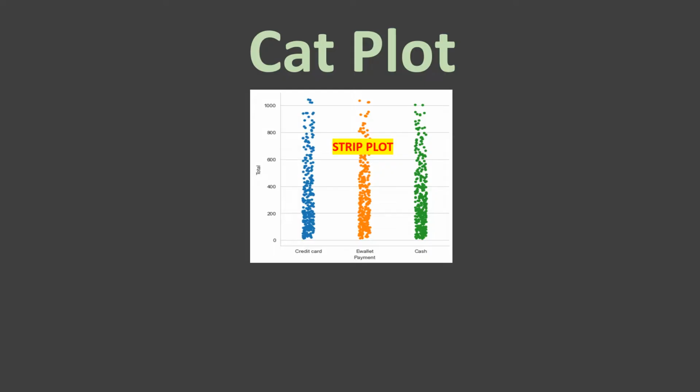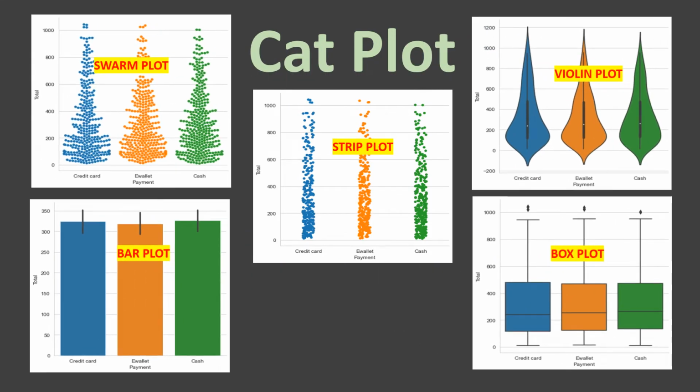When you draw a catplot, by default it creates a strip plot, which provides you the information as per the supplied data. But at the same time, it provides you the flexibility to specify any plot which we have learned so far in the categorical series. Any of these plots you can draw using catplot. The only thing which helps you do this is the kind argument. In that you can specify the kind of plot you want to create.